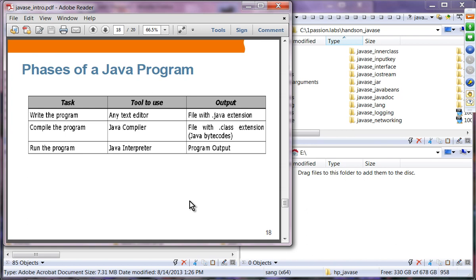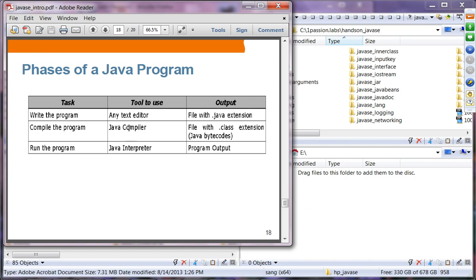Okay, so this is a repeat of the previous slide. These are the tasks that you have to perform in order to write and run your Java application. So you write a program. You can use any text editor of your choice, Notepad on Windows, TextMate on Mac OS, or jEdit, whatever editor of your choice. And again, typically you're going to use an IDE's code editor. You're going to create a Java source file called .java. Every Java source file should end with a .java extension. That's the way the compiler understands that this is a Java source file.